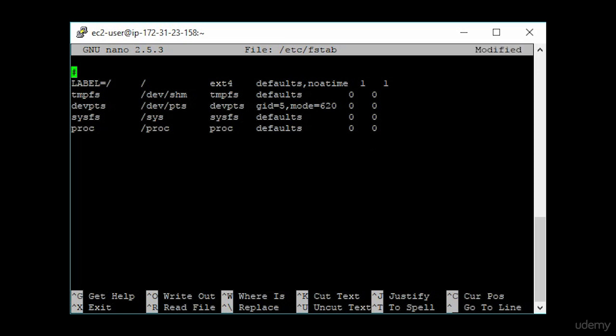So we'll just scroll down to the bottom of the list there, and we're just going to put another entry in. It's going to paste it in. So what we're going to put in is the ID of that volume that we got from that command previously. Then we're going to put in the mount point